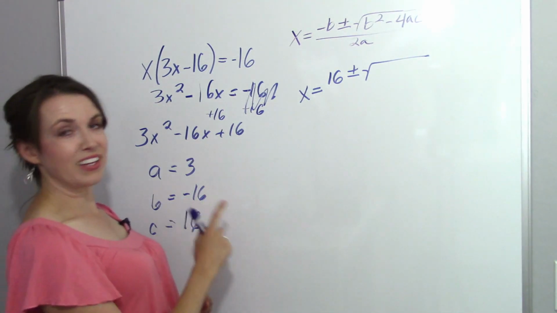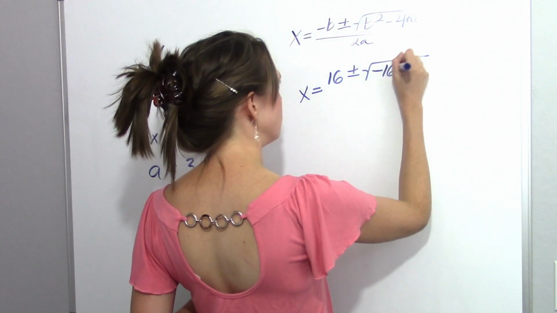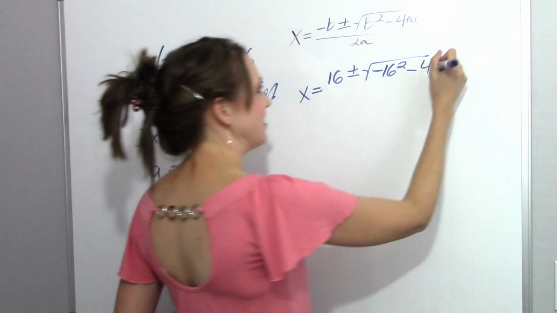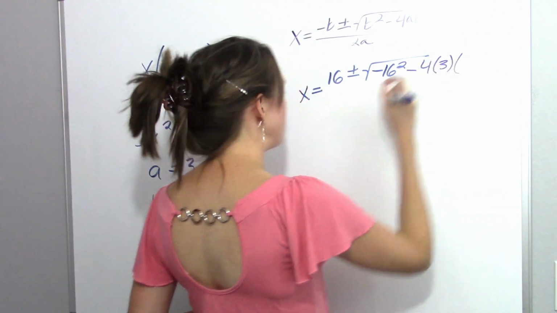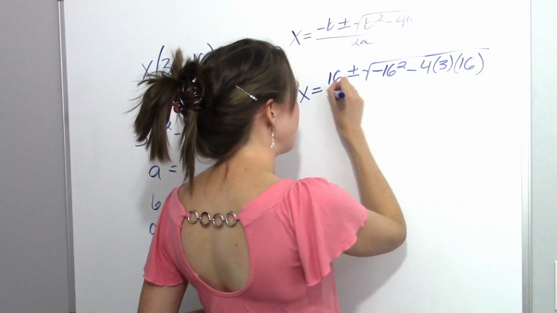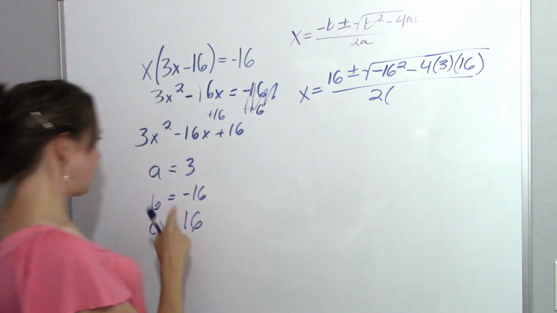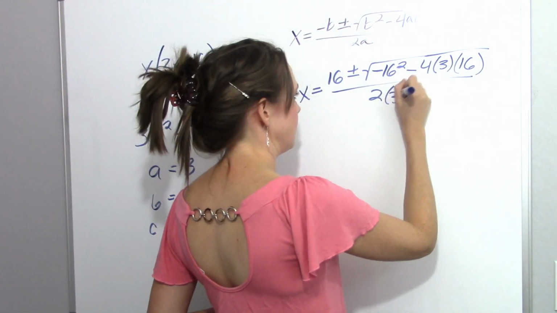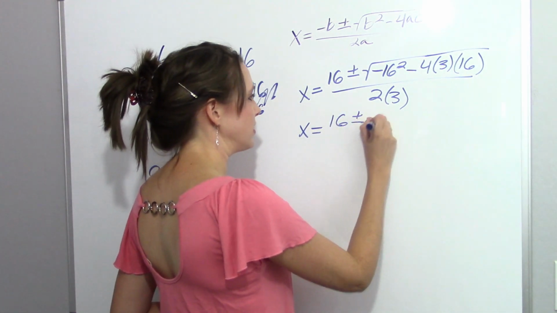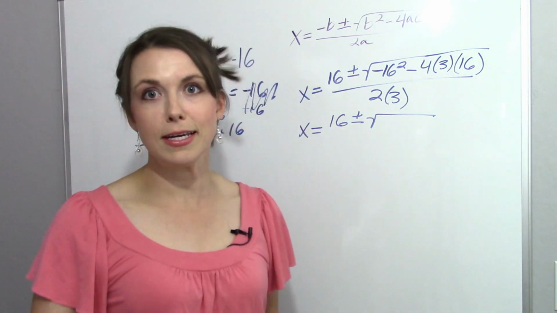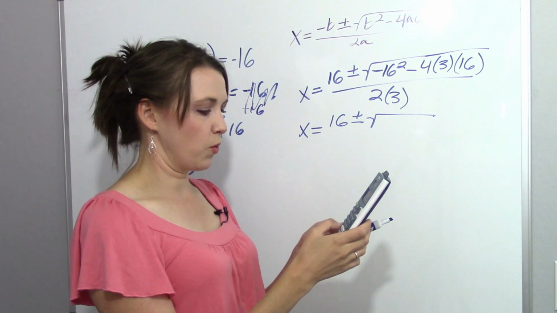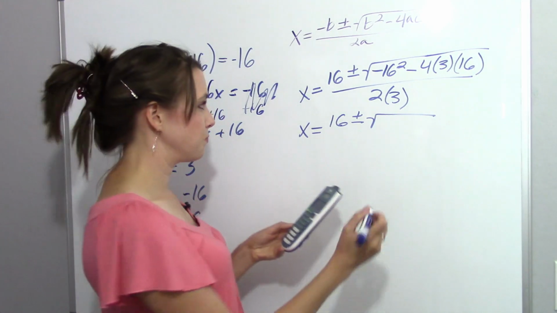So we have negative 16 squared minus 4 times a, which is 3, and c, which is 16, all over 2 times a, which is 3. Okay, so x is equal to 16 plus or minus the square root. Okay, 16 squared. Let's get our calculator out. So I put in negative 16, and we're going to just square that, and we get